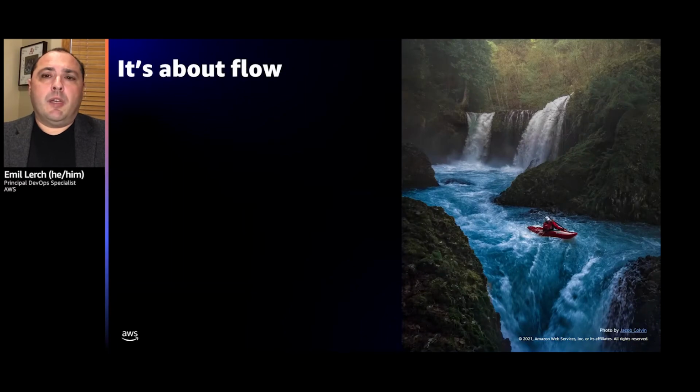What we want to do is really make sure that Kate can get a sense of flow. For a developer, a sense of flow is key to being able to be the most productive that they can be. Much like a kayaker going down a stream, we want to be able to focus on where the kayak needs to be within our stream. How do we avoid the rocks as we go through, and how do we find that most efficient path to success? For a developer, we want to be able to do that with our code, make sure that we avoid the rocks and find our path to success.